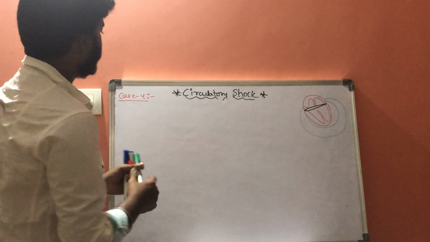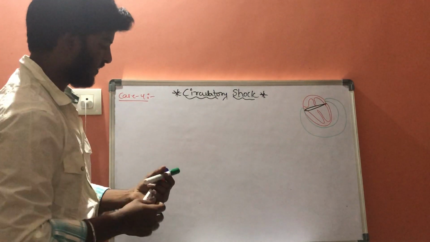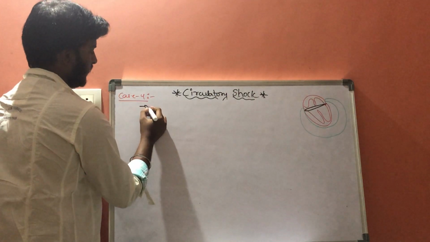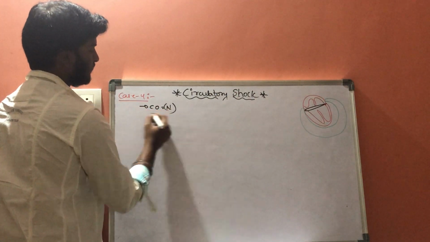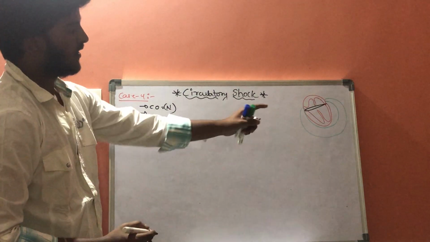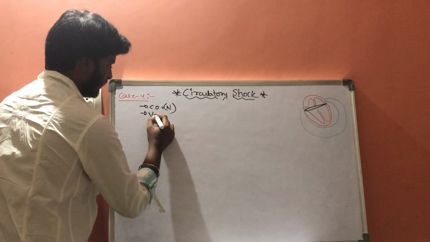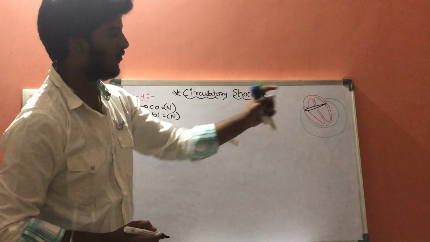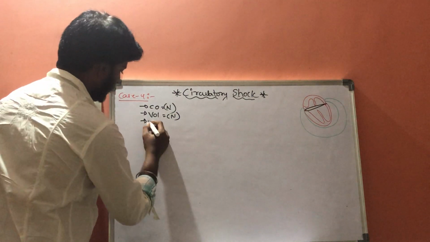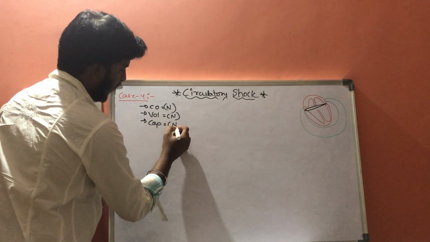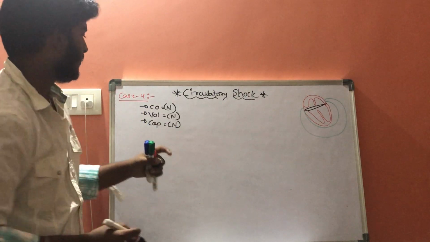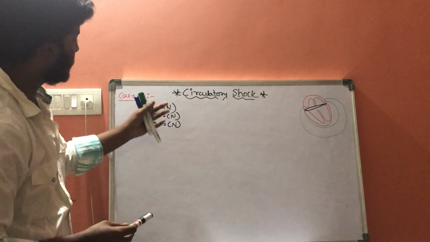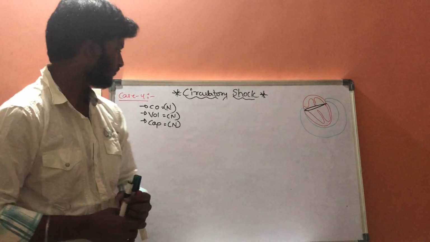Now, case 4. What is case 4? In case 4, cardiac output is normal, volume is normal, and capacity is also normal. Now these three are normal, but where the